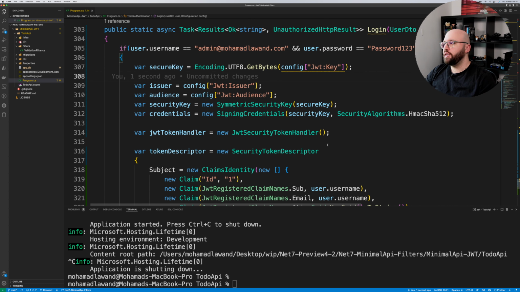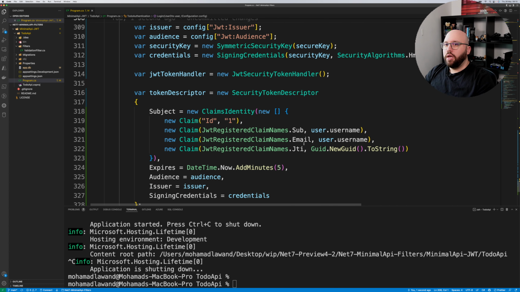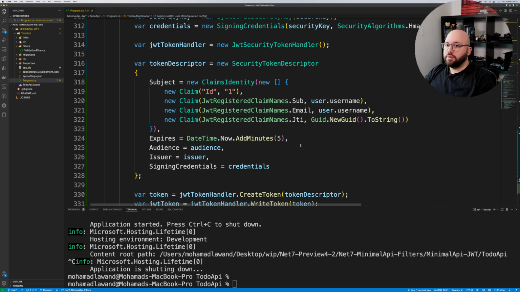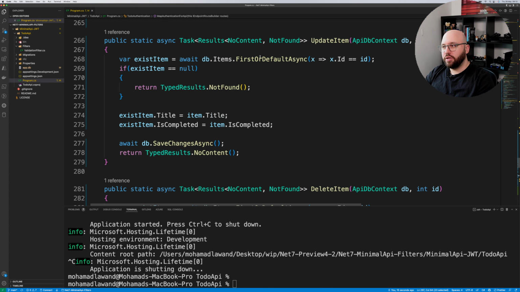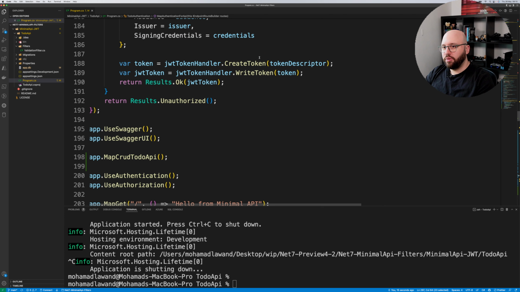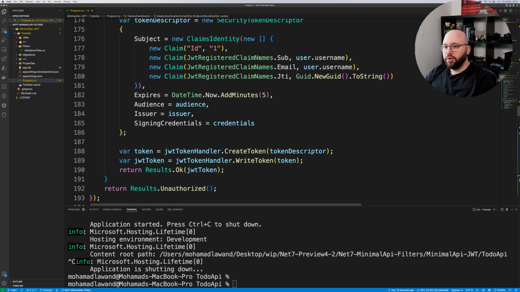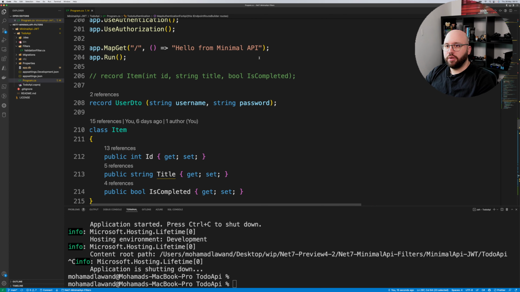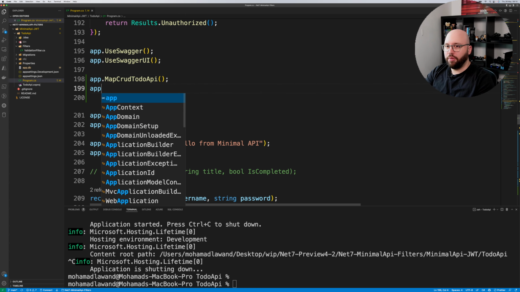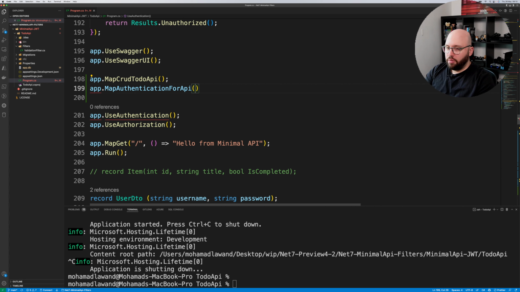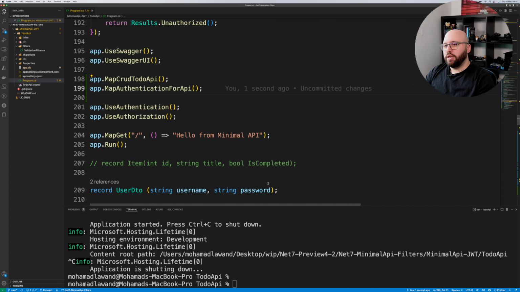Very simple, very straightforward. And now what I need to do is, I'm not going to do the same mistake as before and forget to add it, so I'm going to add it right now. So let's copy this name and let's go all the way up. Where is it? Here. So instead of having this by itself, I'm going to map authentication APIs. And right now, if I run my application,